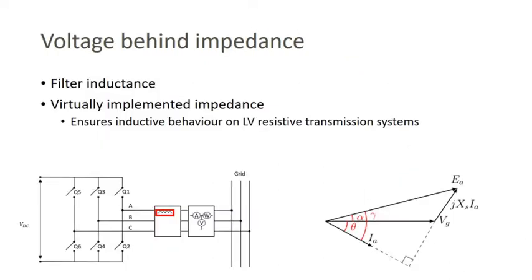Now, when you look at it, change your modeling perspective a tiny bit, you can then have it going through some form of filter inductance. That filter inductance looks very similar to what a synchronous machine, that typical EMF behind an inductor or an EMF behind an impedance model. You can then also, with the software of an inverter, add virtual